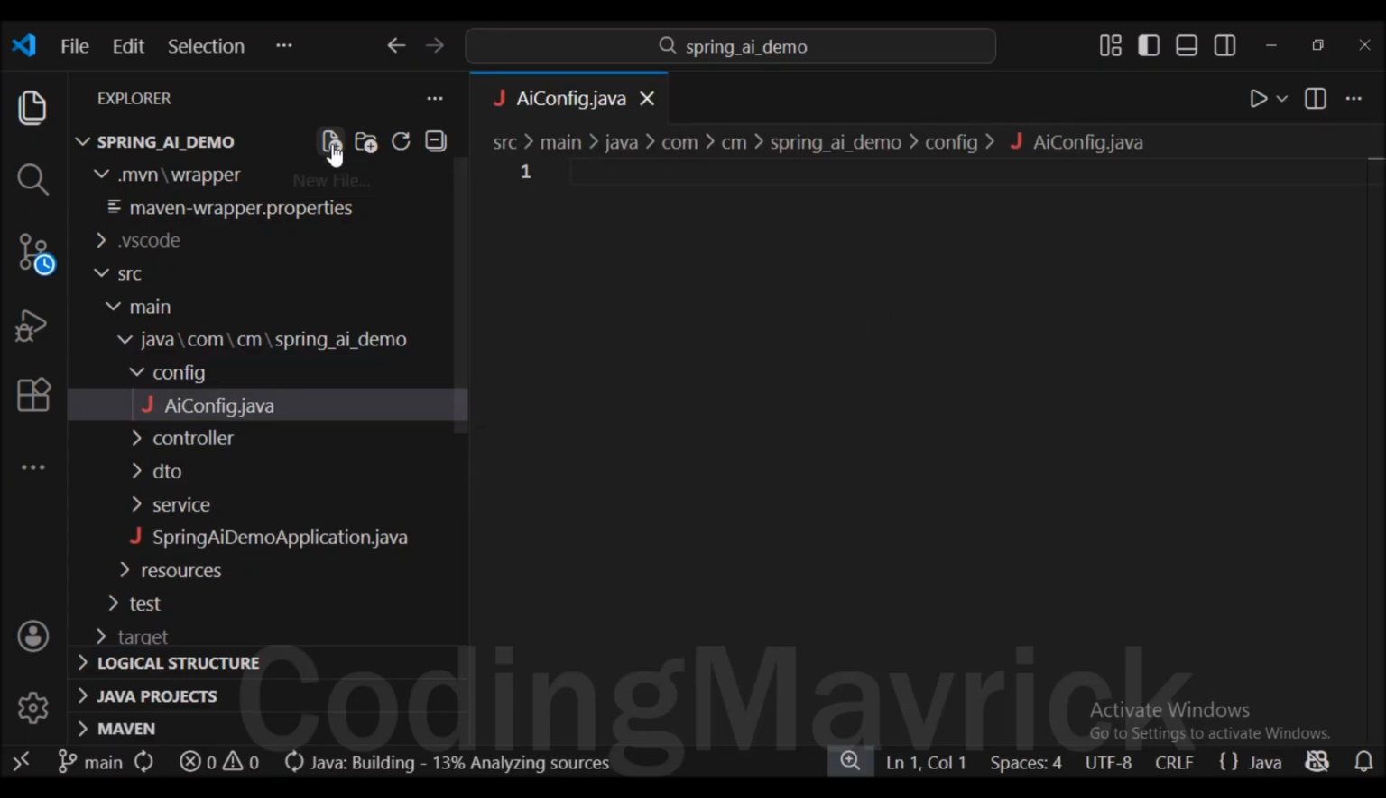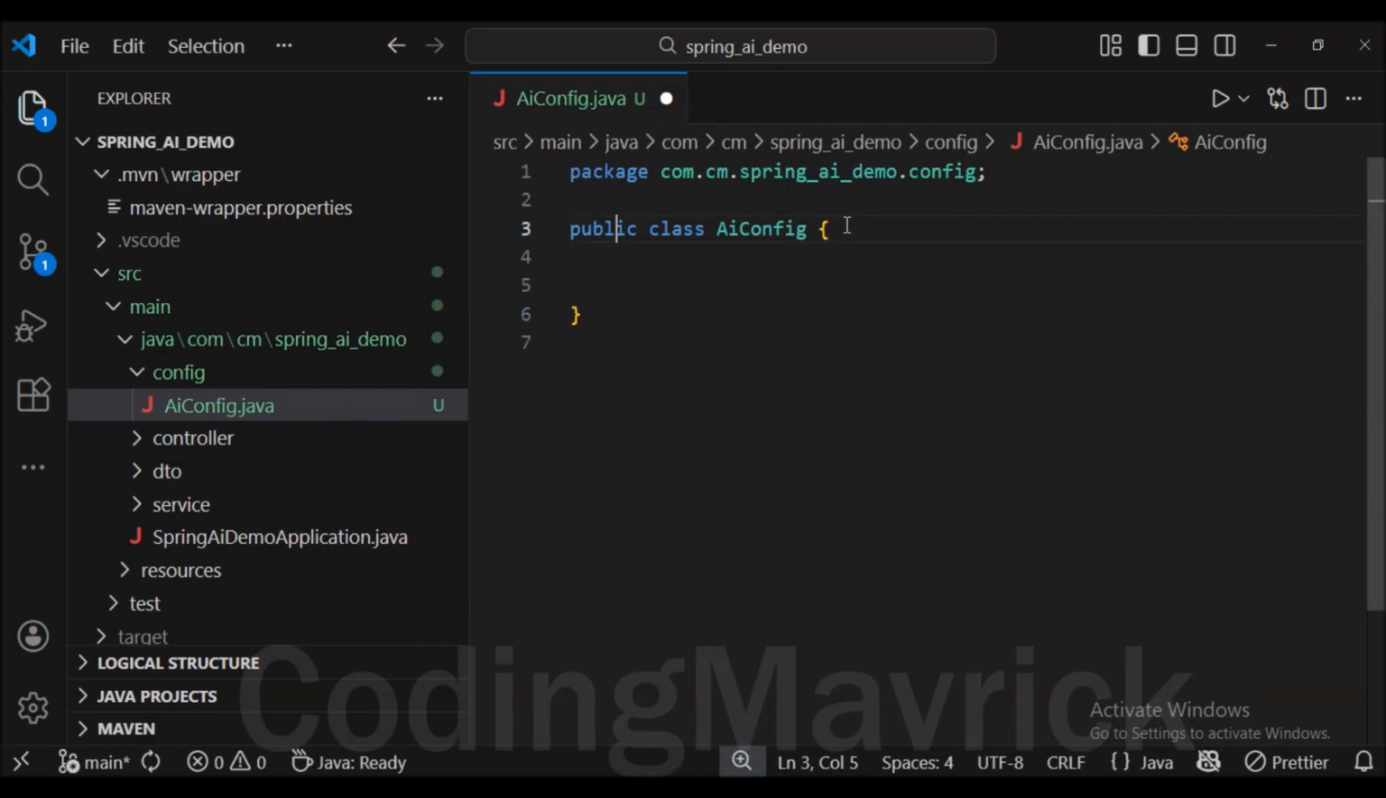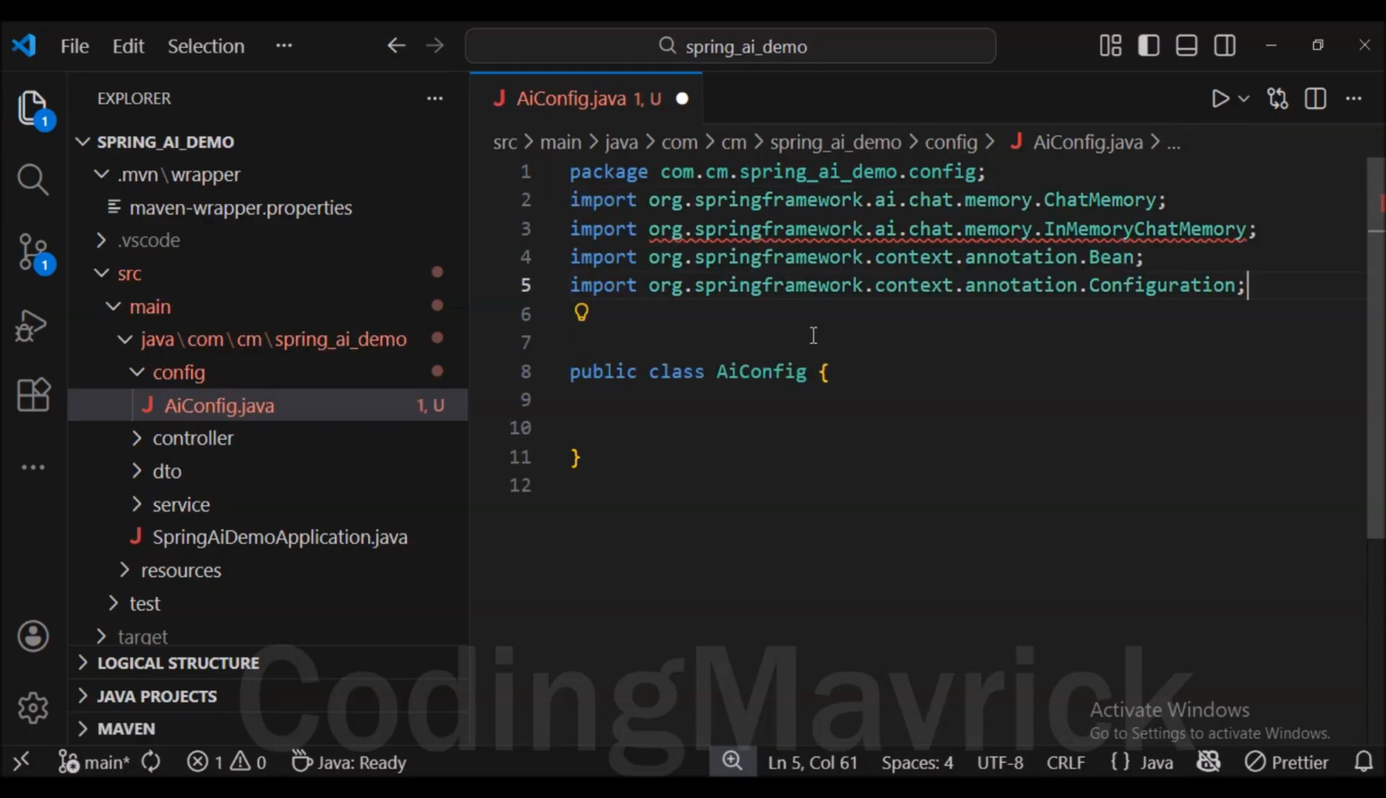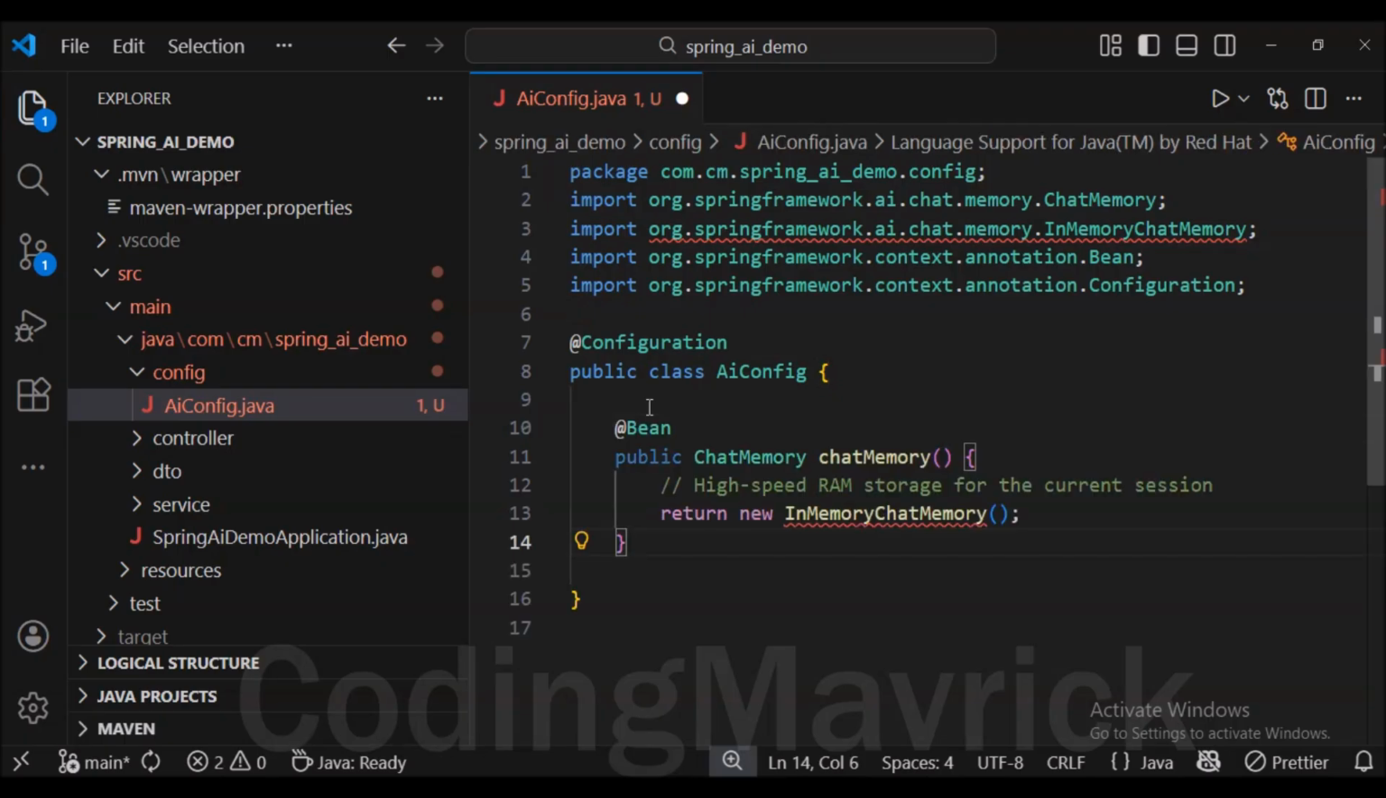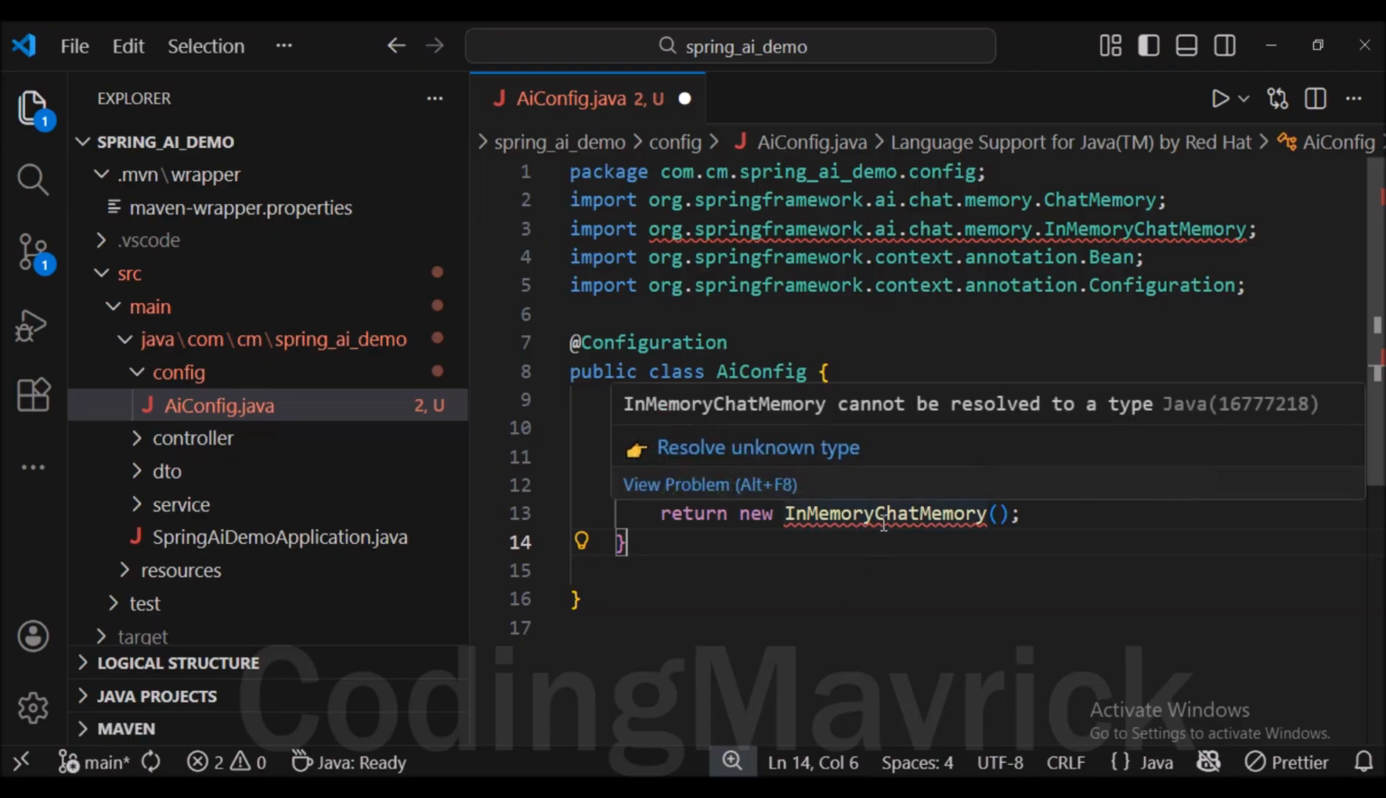Now start by defining package and then import the necessary Spring AI memory and configuration classes. Mark the class with the @Configuration annotation, so Spring knows this is a setup file. Inside, we define a bean for chat memory. This bean returns a new InMemoryChatMemory, which provides high-speed RAM storage to hold our conversation context during the